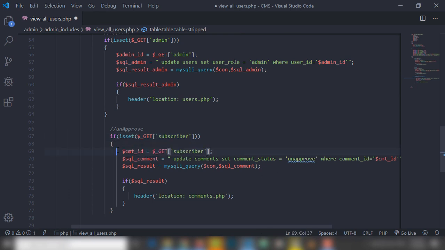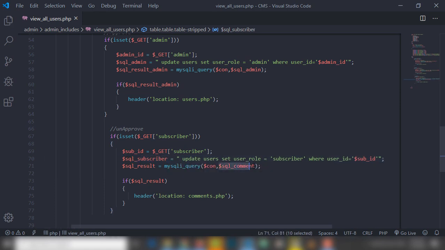And I'm going to change that to sub ID, update users, set user_role equal to subscriber, right, while user_ID equal to this get variable, right? So, and we need to change the subscriber,